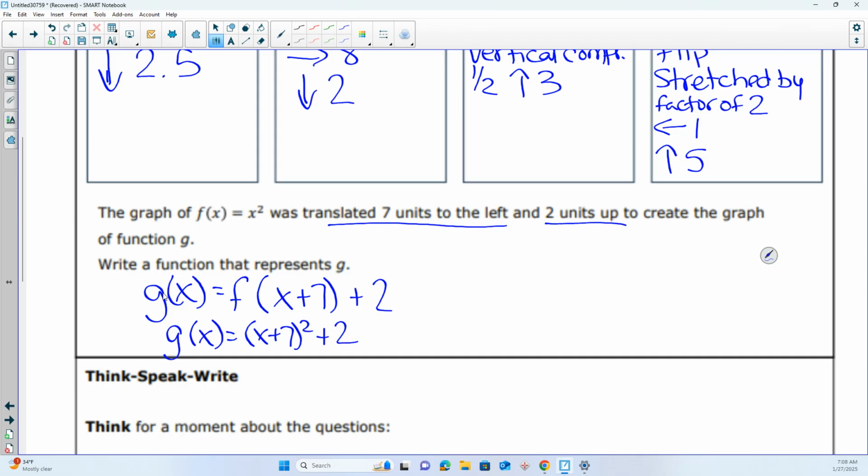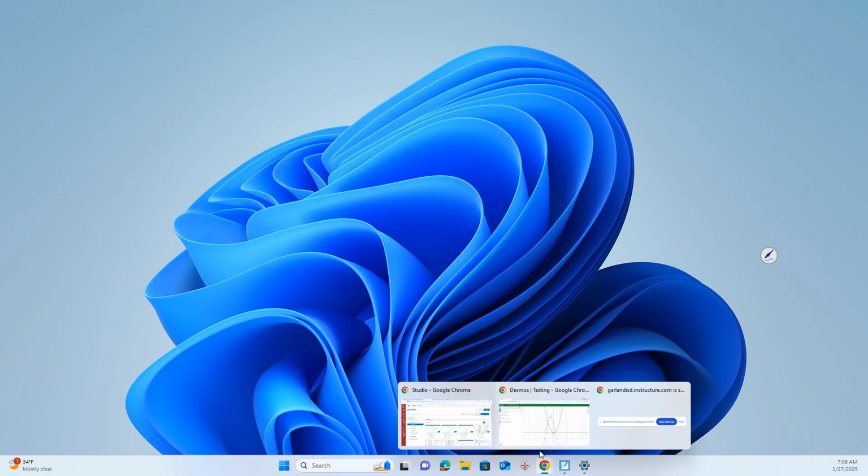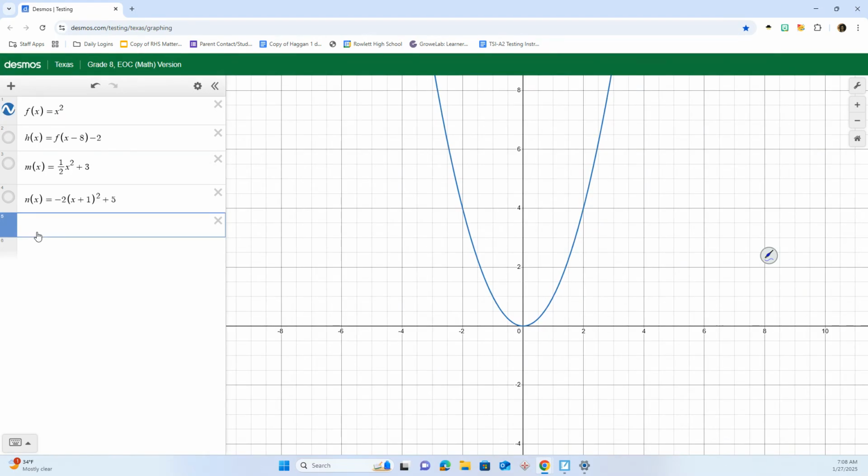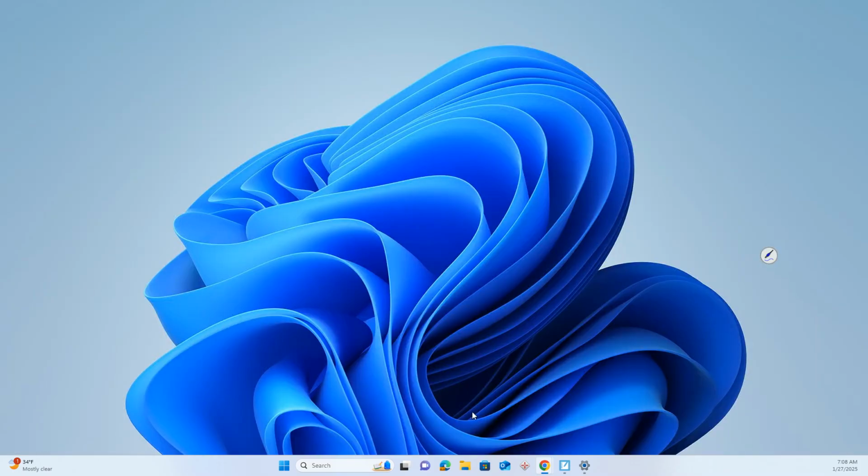Okay. I will show you. I'm going to get rid of this so we're not confused. g of x equals (x plus 7) squared plus 2. We wanted to shift left 7 units and up 2 units, which is what we got here. Okay. The last part at the bottom,